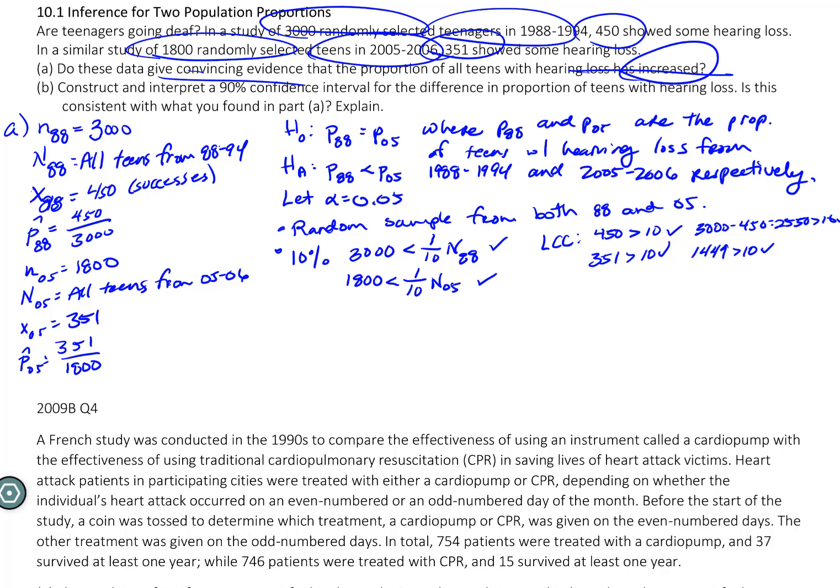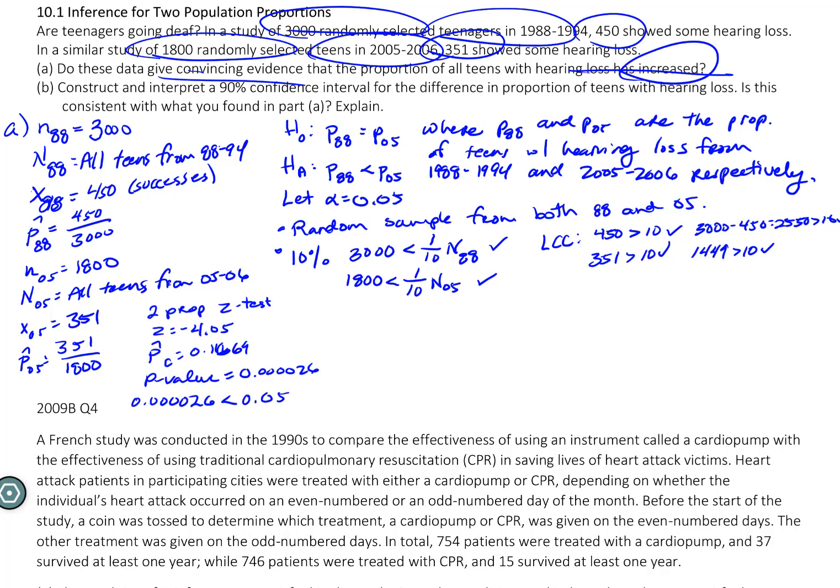So writing out the results of our test, we said that we did a 2-prop z-test. And with that, we had a z-score of -4.05. We had a pooled proportion p-hat sub c of 0.1669. And then we had a p-value that was extremely small, 0.000026. And we know that p-value being so small is going to be less than any alpha that we would normally use. And the alpha we used was 0.05.